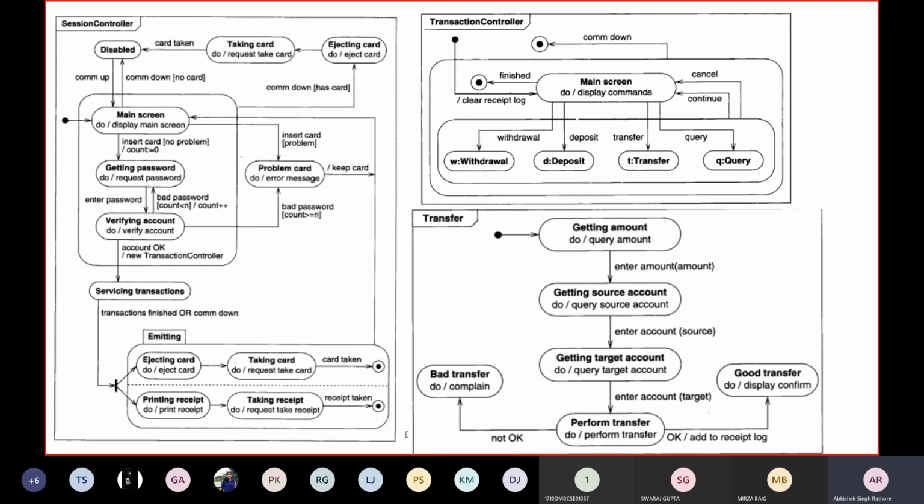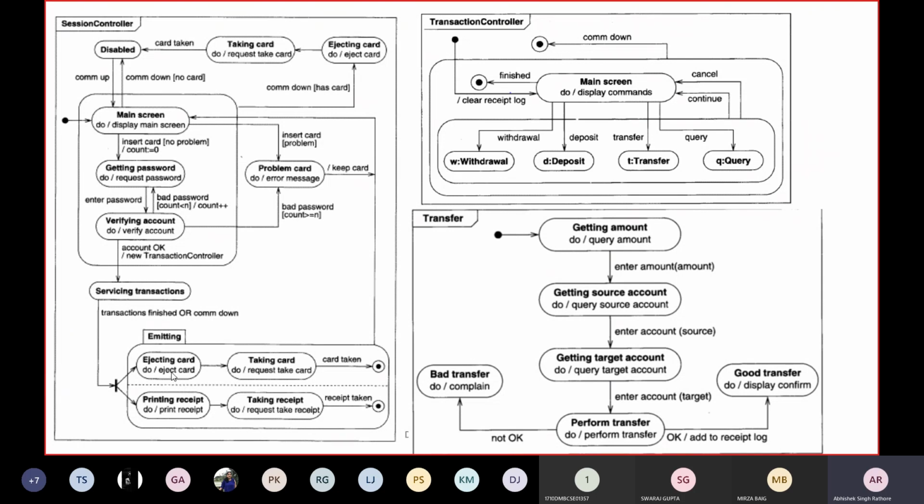After finishing some transaction, receipt printing occurs in parallel with card ejection. You have completed your transaction and then you have two parallel activities, forking here. These are concurrent activities, distinguished by your dash line.